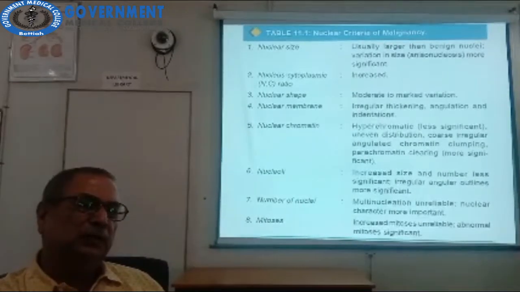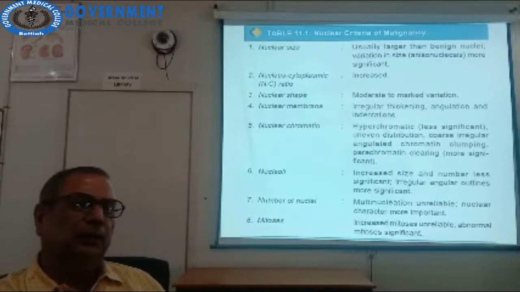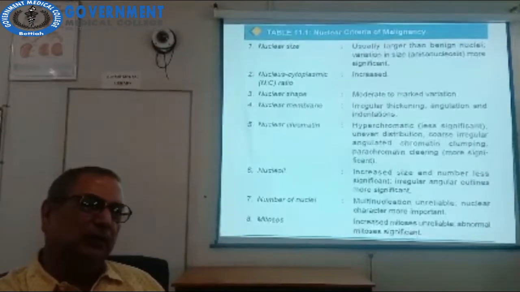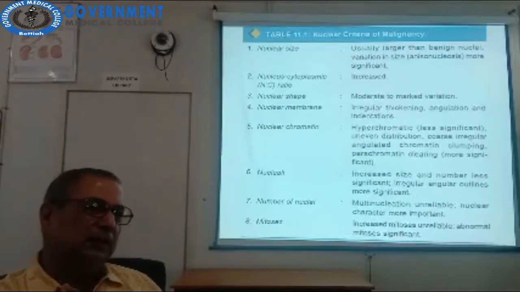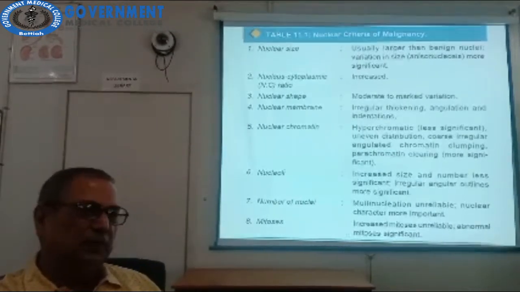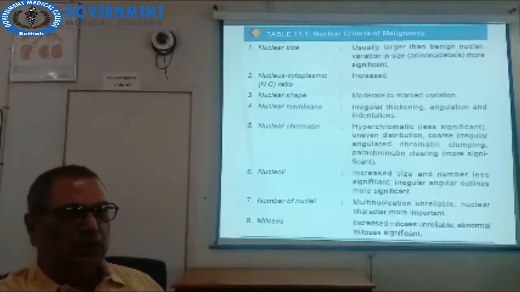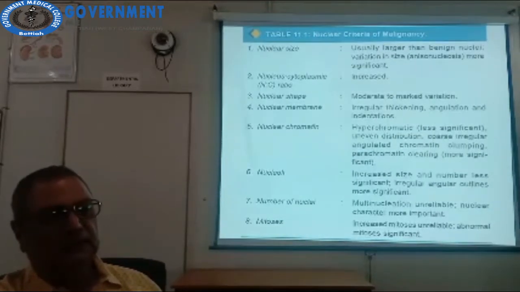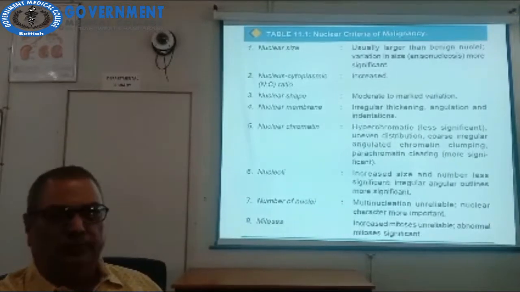Parachromatin: there is no stain or very feeble stain of the various spindles. For mitotic cells in mitosis, there is a spindle formation, and in the increased mitosis, there is increased spindle formation, and it is very feebly stained or no staining of the spindle fiber occurs, which is an important criterion of malignancy and is called parachromatin.